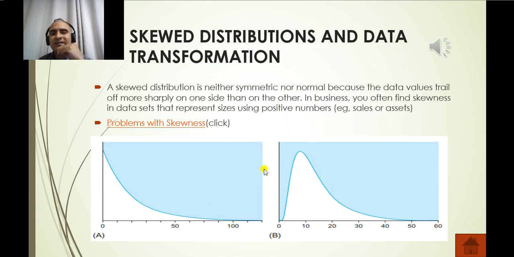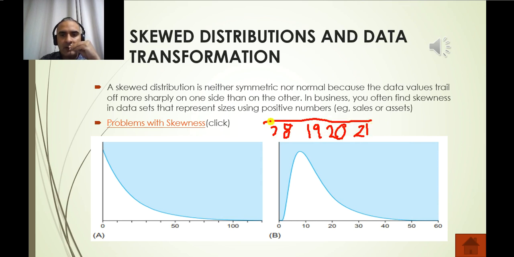The problem with this skewness is that we cannot calculate or forecast the numbers accurately, because there's one number that is causing too much of a problem. Let's see, for example, here I have a normal distribution: the age of the students in a class. So let's say 18, 19, 20, 21. Okay, if we were to put it on a scale,